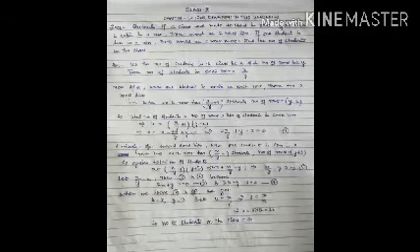Now you can solve these two equations to get u is equal to 5 and y is equal to 12. But what was u? u was equal to x upon y. It means that 5 is equal to x upon 12, where 12 is the value of y. So when we do the cross multiplication, x is equal to 60. And what was x? x was the number of students in the class. So the total number of students in the class is equal to 60.